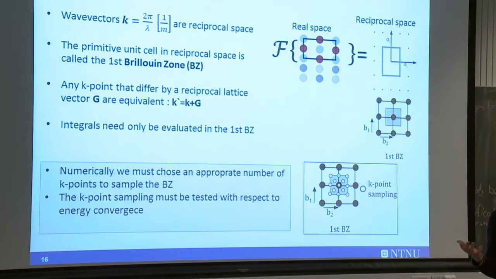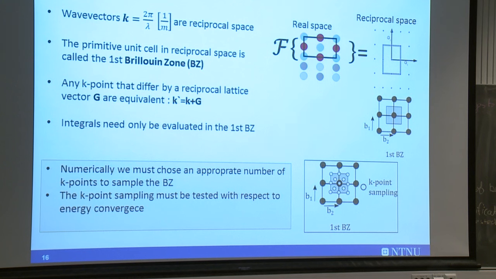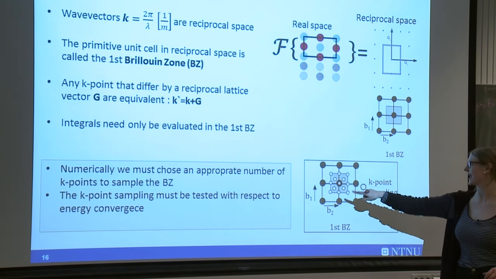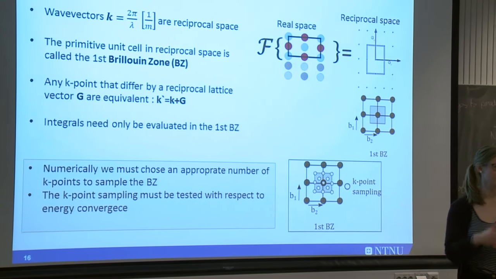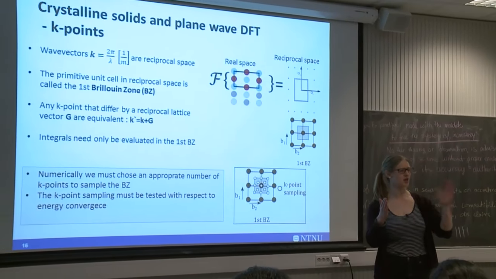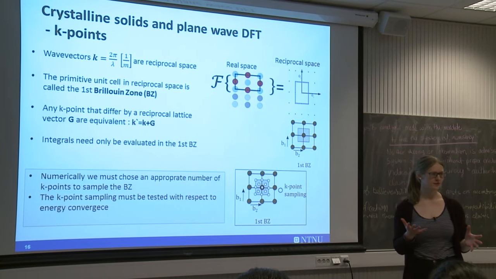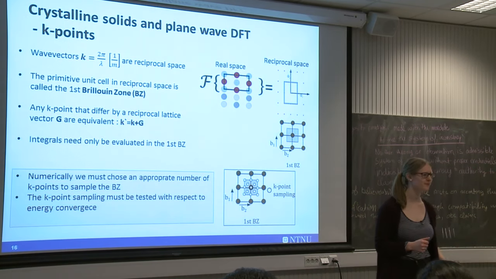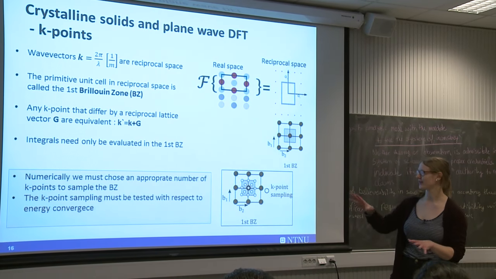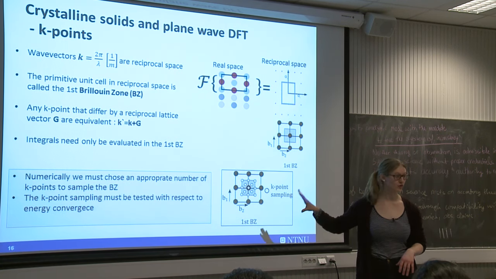You have to do summations, right? So you just sample your Brillouin zone. You put in some K points here, and then you evaluate your integrals by summing up over these points somehow. Okay, so it might be a bit vague, but